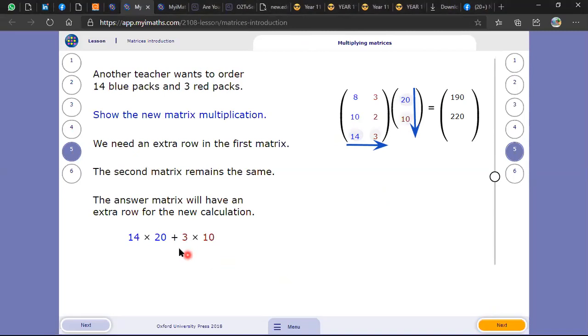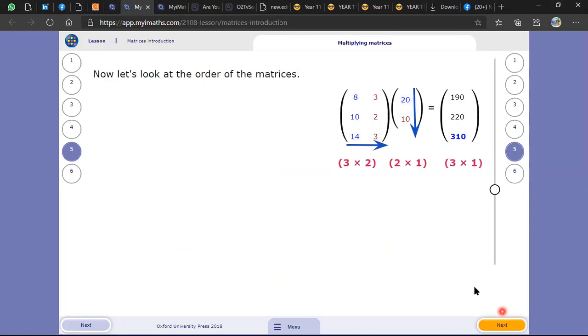The next one will be plus 3 times 10. Second element in that row times the second element in the column you are multiplying with. So 3 times 10, and when you add it together, you end up having 310 as the final answer there. So you can see what has happened now. What happened here is that